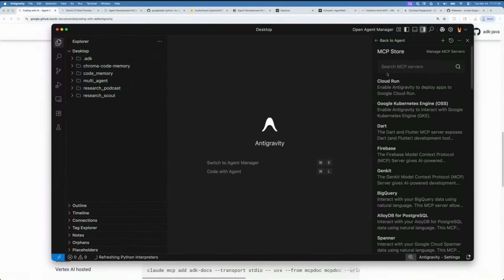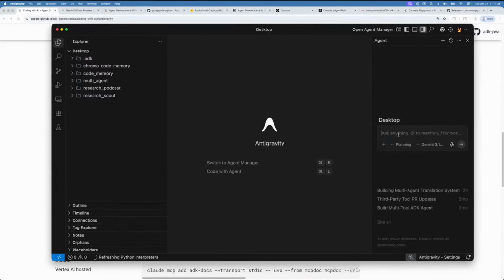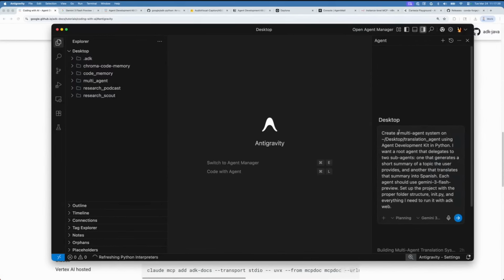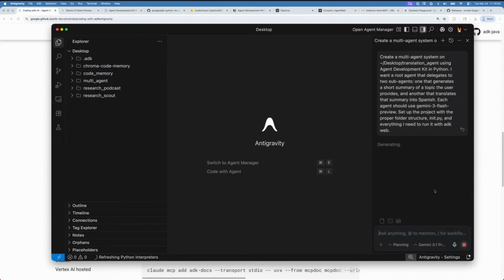So now what I can do is pull up a new agent on the side here. Let's go back to the agent, and I can plug in a prompt and say, hey, let's create a multi-agent system on our desktop. We want to use ADK Python, and I want a root agent that delegates to two sub-agents, one that generates a short summary and another that translates that summary into Spanish. Each agent should use Gemini 3 Flash Preview, and I told it to use the project structure that ADK has defined. So with that prompt, I can send that to my coding agent in Anti-Gravity, and it is now going to